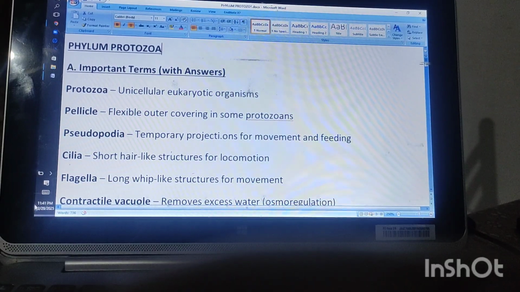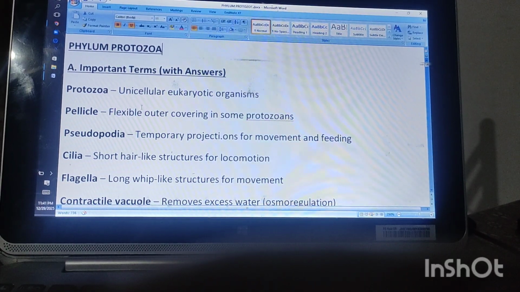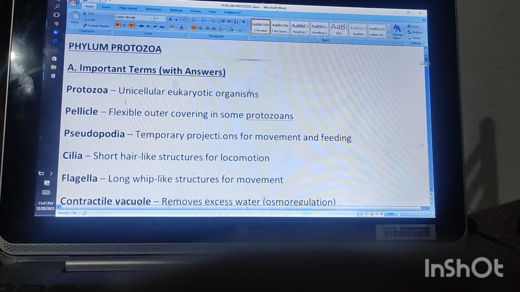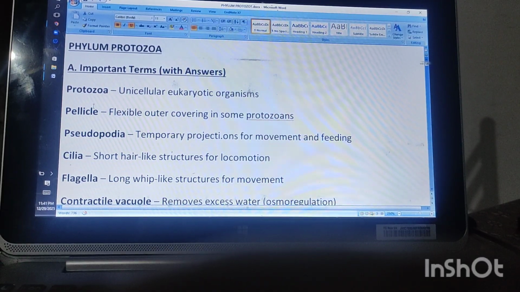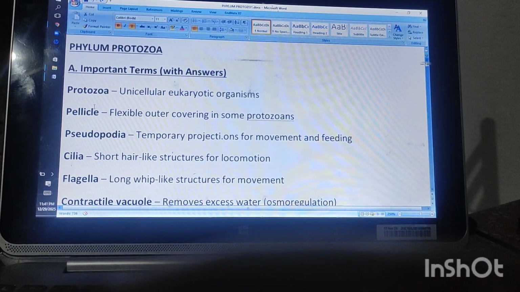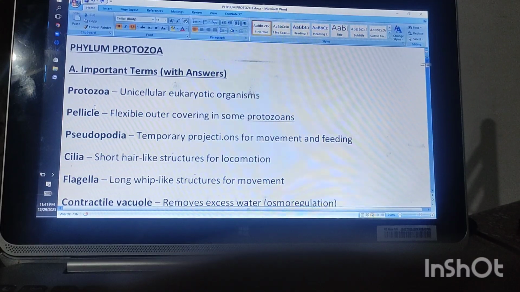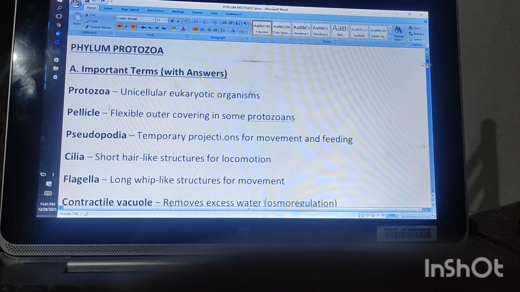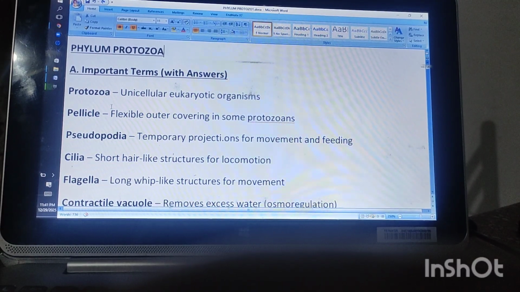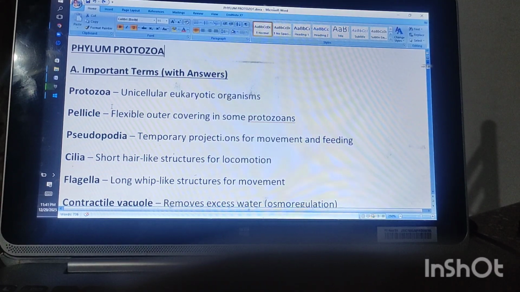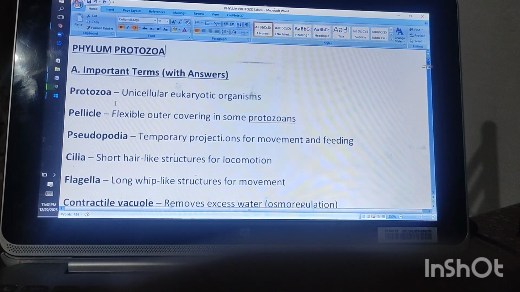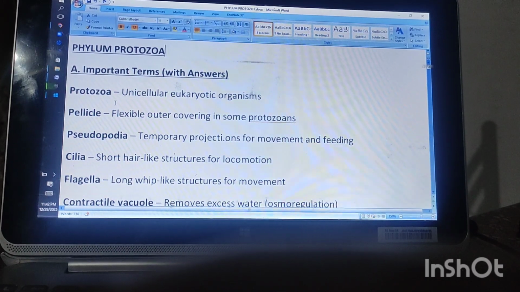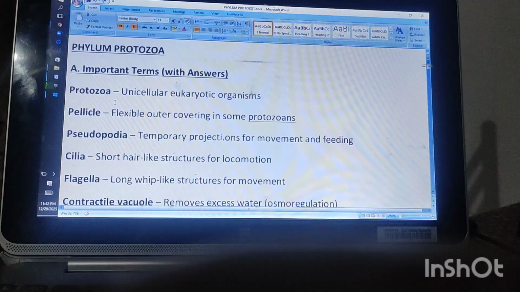You can see a number of terms from Phylum Protozoa present over here, and you can read them one by one, and then we have some MCQs and fill in the blanks. These terms are also usually included in objective questions. So you can also attempt one question from these terms and then the remaining two from the fill in the blanks, and after that we have